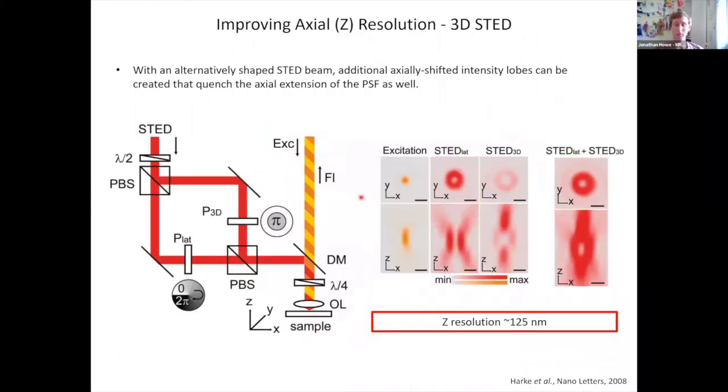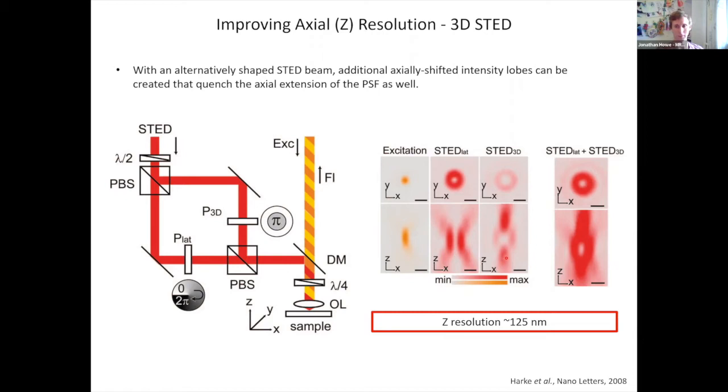Now, the nice thing is we can also improve the Z resolution. We do this by splitting the STED laser into two paths. So the STED laser comes in here, it gets split into the 3D and the 2D path. In the lateral path, it's modified to produce that donut at the plane of focus, which is represented here. And in the 3D route, it's modified so that at the plane of focus, it forms these clouds above and